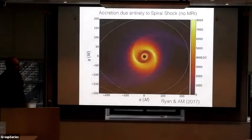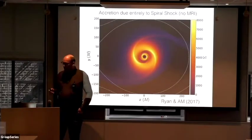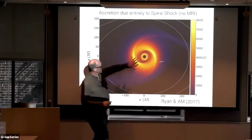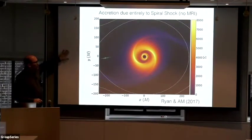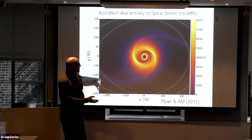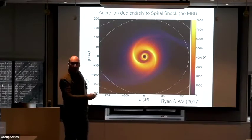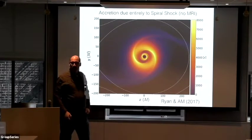And so what's really interesting is this. There's a whole study that's really interesting, but this is kind of the main result. You don't see it here. This is the zoom in, but this is the Roche surface. The other black hole is here. It's tidally distorting the accretion disk. It's squeezing the disk. And this thing is in the co-rotating frame, so it's orbiting around. So when you include both of those effects in GR, what you get is a spiral shock wave,